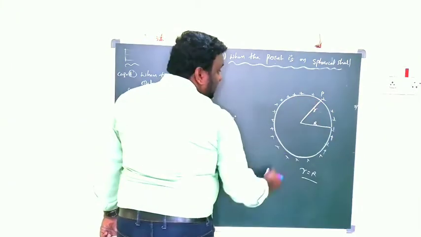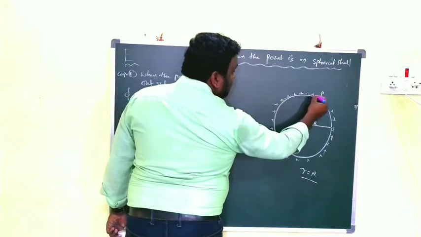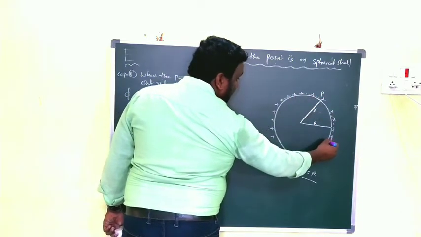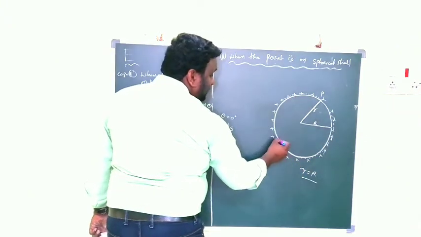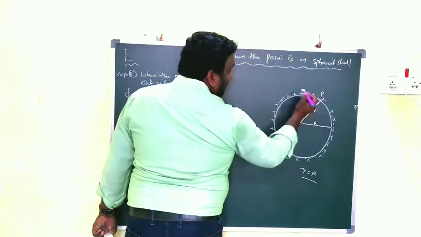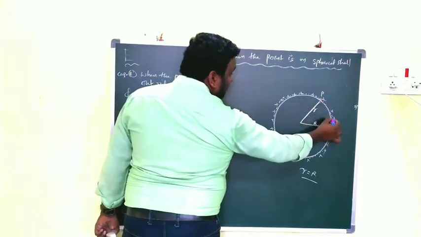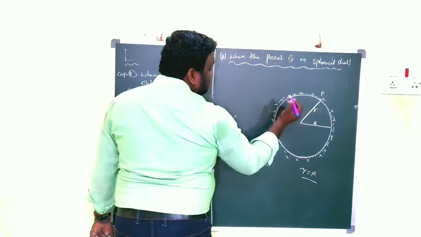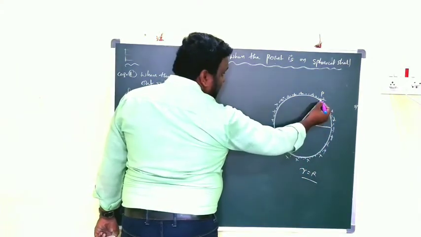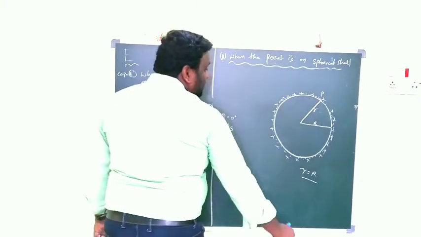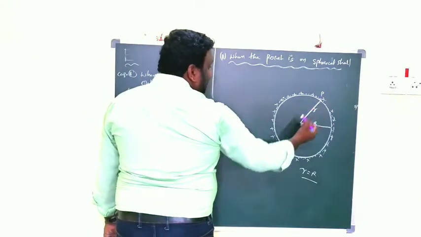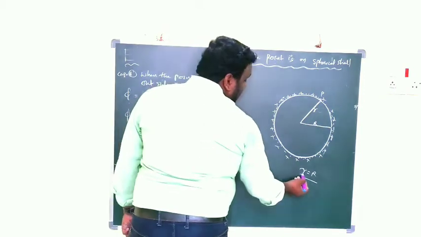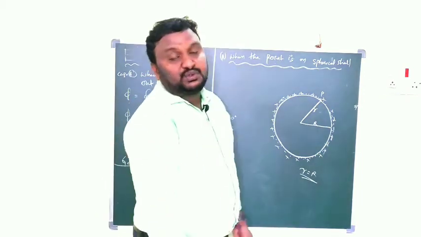When the point P is there, obviously we will construct a Gaussian surface again on the same shell. At the point P, again I am constructing the Gaussian surface. To find the flux, we must construct a Gaussian surface. That's why this is the point P on the Gaussian surface. When the point P is on the Gaussian surface, then r is equal to R.